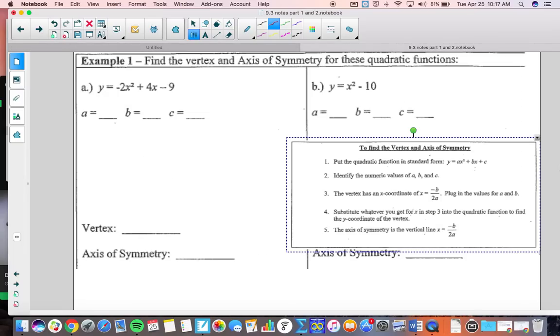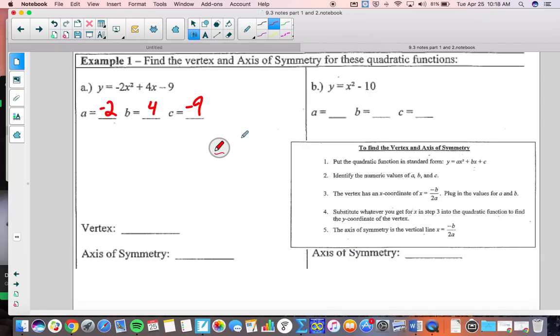So here we have -2, 4, -9 as our a, b, and c values. Well, I kind of got excited about this. Our goal here is to find the vertex and axis of symmetry for these quadratic functions. To do that, we're going to put the quadratic function in standard form,